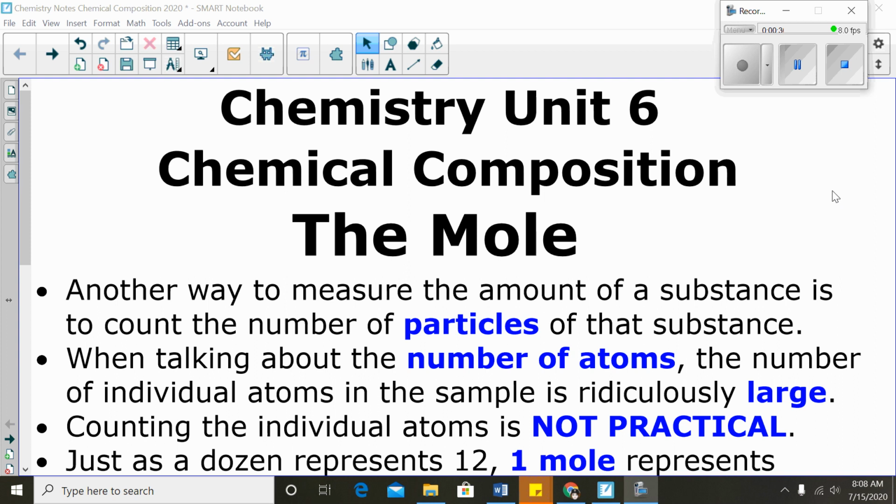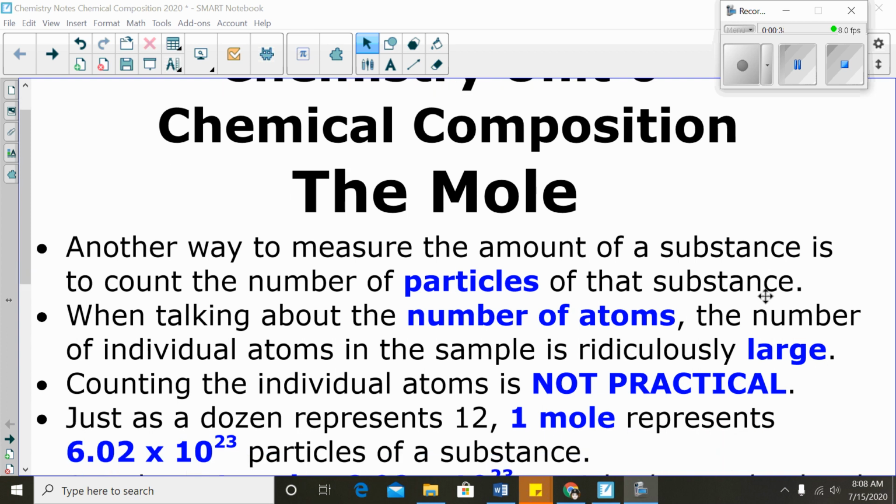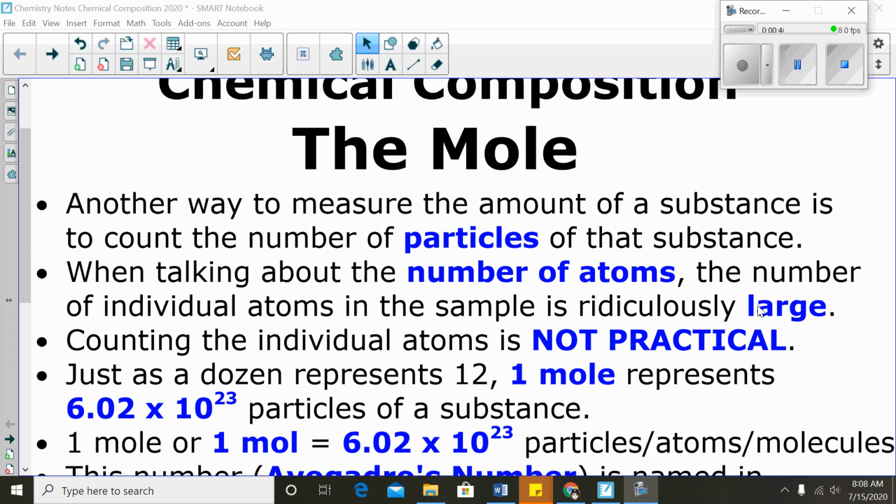So just as a dozen represents 12, that's a conversion factor, right? We can now say that 1 mole, M-O-L-E, represents 6.02 times 10 to the 23rd particles of a substance. So here's what the conversion factor looks like. You see 1 mole, or you can also write 1 MOL. You can cut off the E for a slight shortcut, equals 6.02 times 10 to the 23rd particles, or atoms,